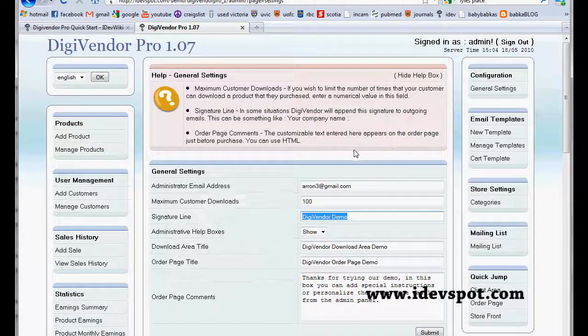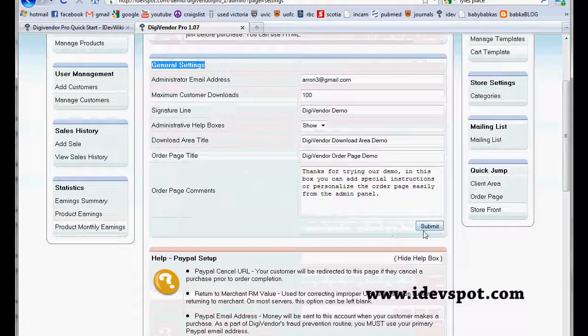Now again, this information is actually found in our help boxes. It explains what the maximum customer downloads is, explains the signature line, and it explains the order page comments. So go ahead and fill in the general settings, pressing submit,